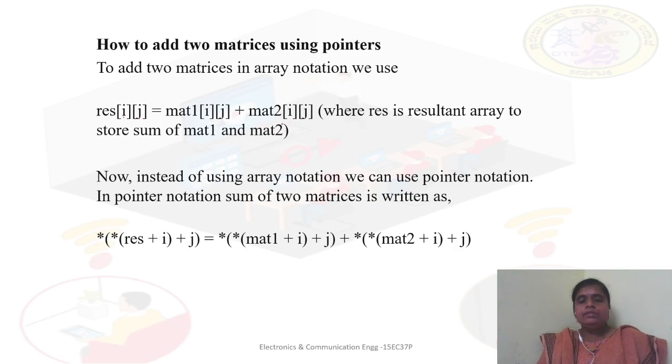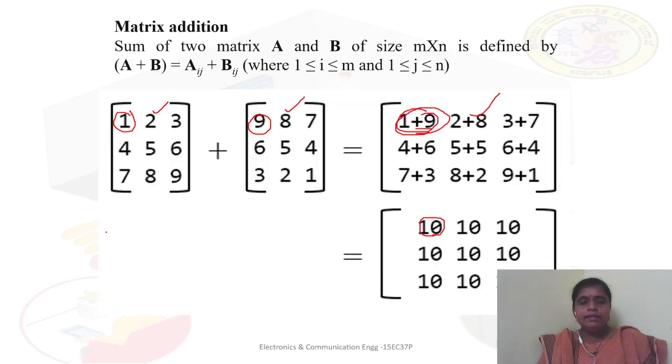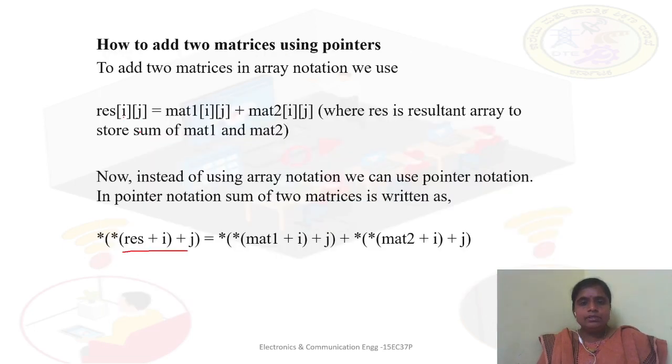Now instead of using these subscripts, we can also use pointers. So how do we use the pointers? See, the resultant of i plus j. We need to keep on incrementing, isn't it? So this is 0. Then the next element is to be stored at the next address location by incrementing. This address location is stored in a pointer, and when we want to increment, we use again a pointer to this, where we go for the incrementation of that particular subscript. So the same thing is shown here.